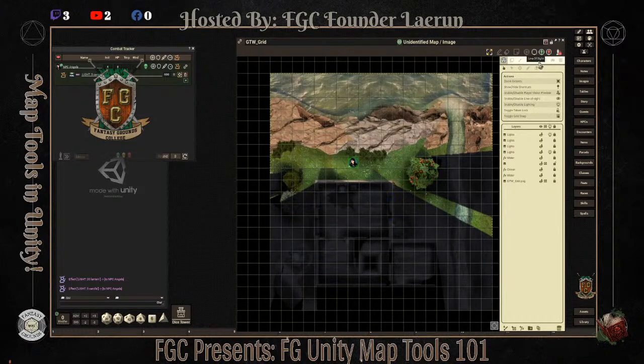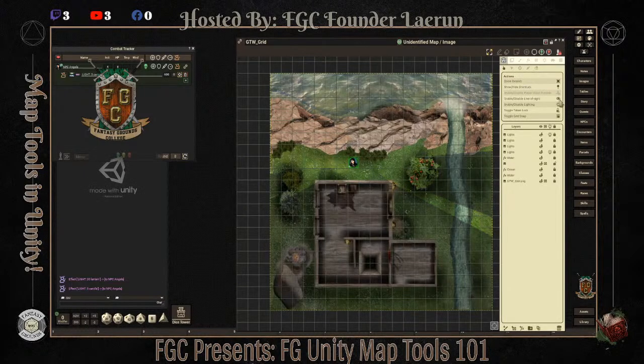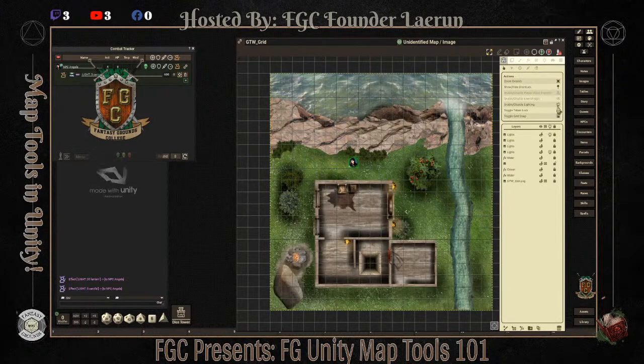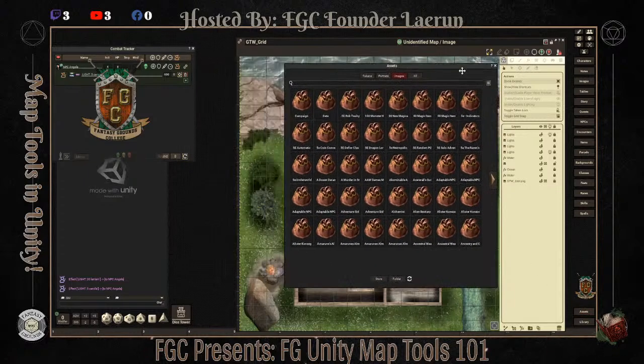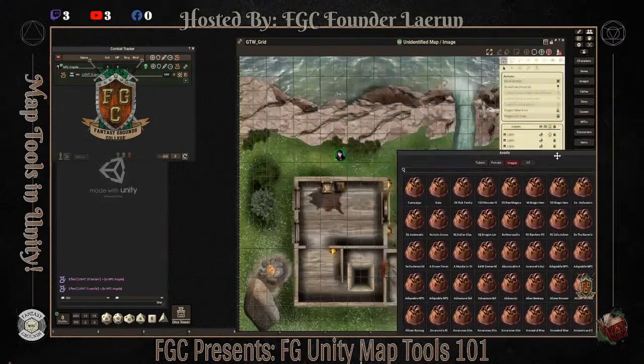So I'm going to go to the layers mode, and I want to get out of the lighting mode for right now so we can see what we're doing. So there, and we want to go with, that's play mode. So I want to just turn off that for right now so I can see what's going on. And now what I'm going to do is just grab some assets. So I'm going to go to an asset folder here, and I think I want to grab her a